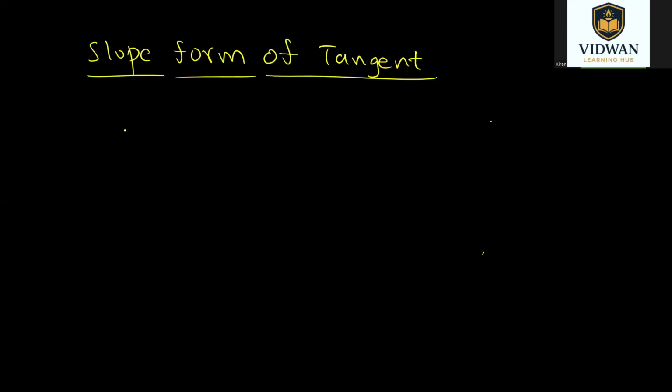Yeah, so we'll just continue from slope form of tangent. The previous form, point form, I already discussed in the last lecture. So slope form and parametric form is left out. Now for slope form of tangent, let's say we have a circle given and we are drawing a tangent at